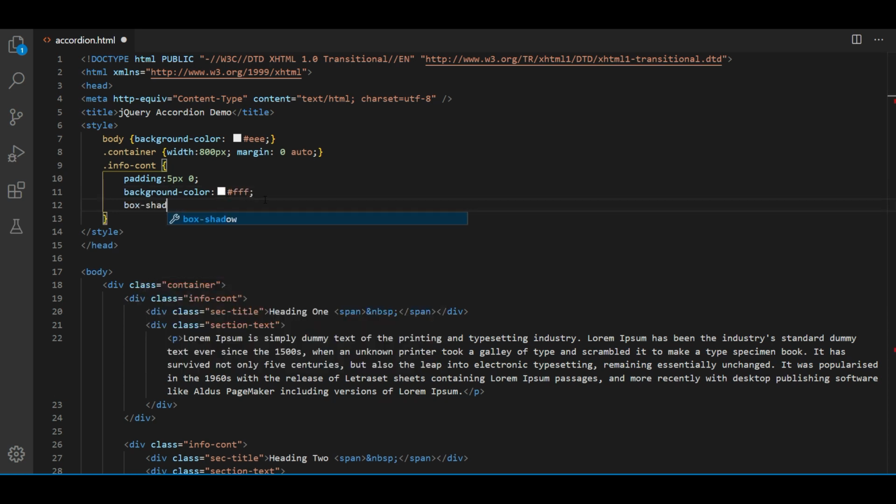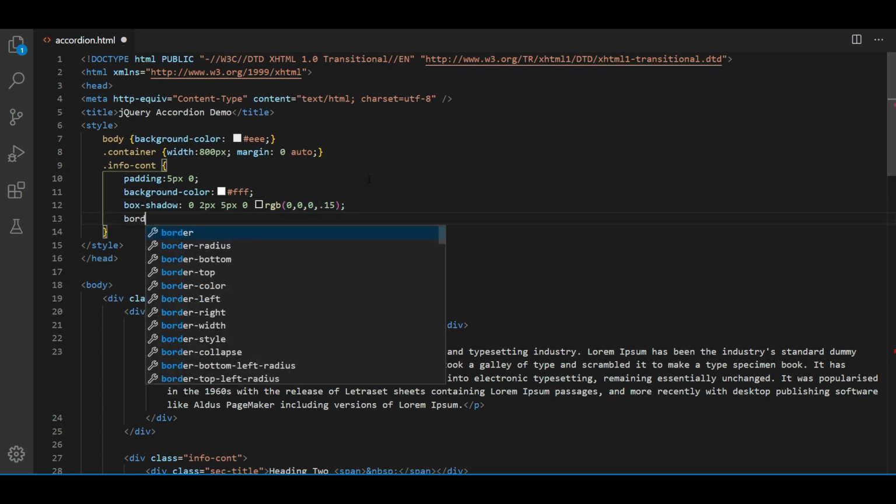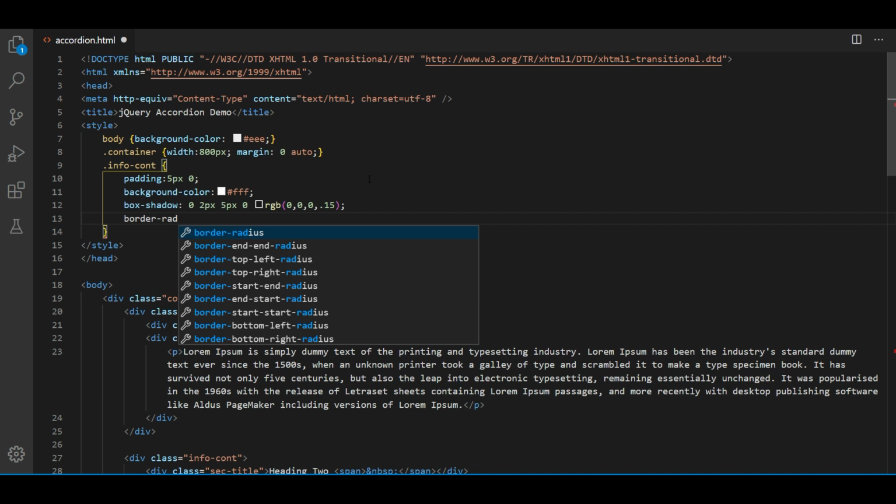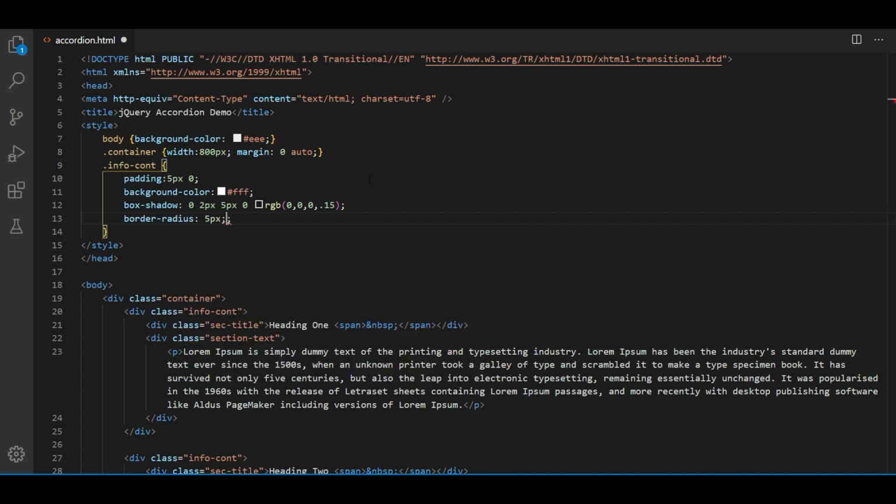Box shadow 0, 2 pixels to the right side, bottom side 5 pixels, and from the left there is no shadow, 0 from the left side. Color rgb black color 0 0 0 and set some opacity. Add border radius 5 pixels.